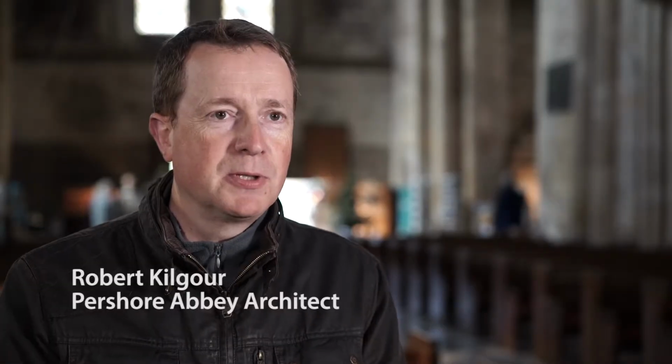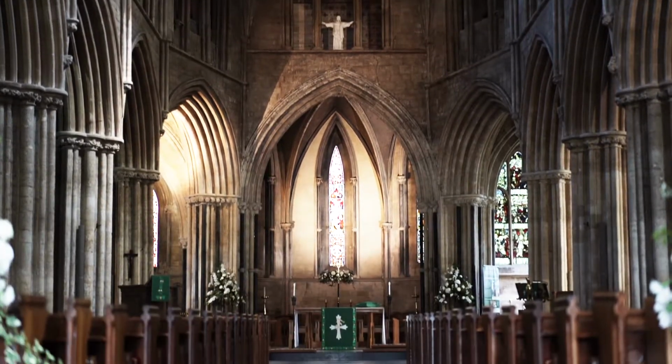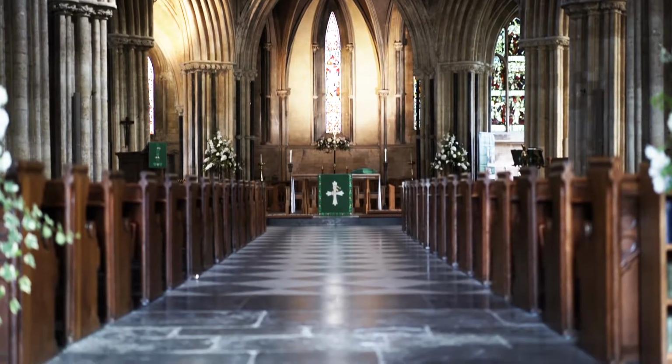It's important to protect a building of what we locally might perceive as just a local church, but I think it's a much bigger thing than that. This is actually of international significance. The vaults in this particular building show a wonderful development in terms of the simplicity of a quadripartite vault that